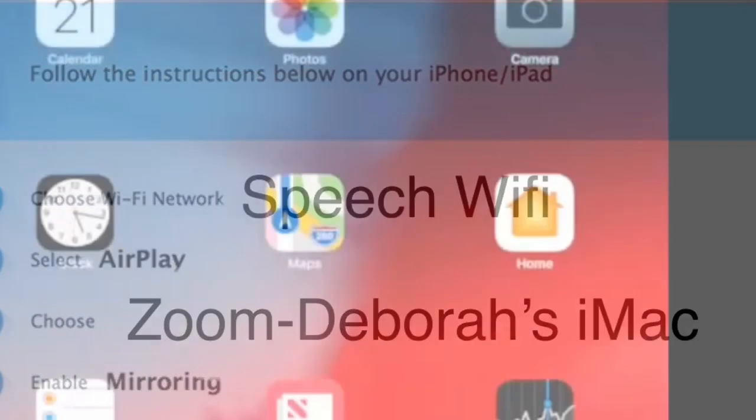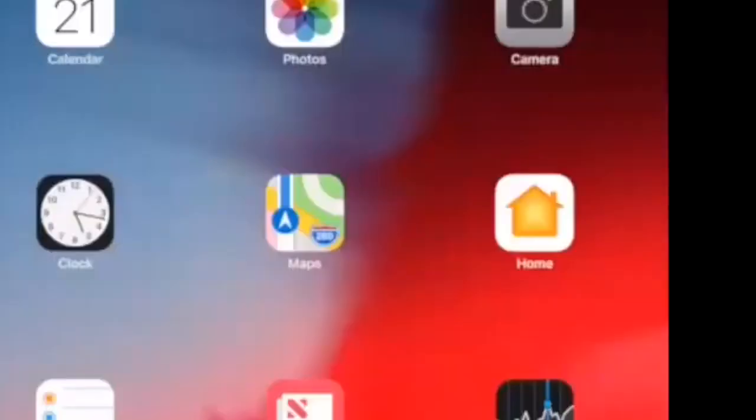And here I show you. And then right here, as you can see, it says Zoom Deborah's iMac. So it pops up for you to share the screen. And now I'm going to go on Procreate. Let's say that